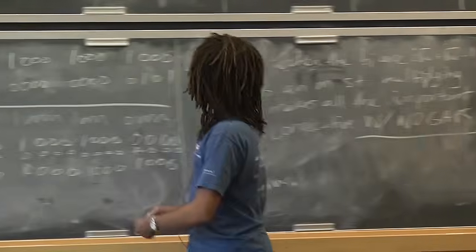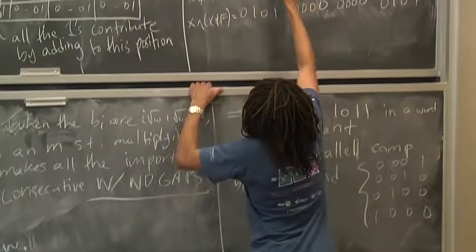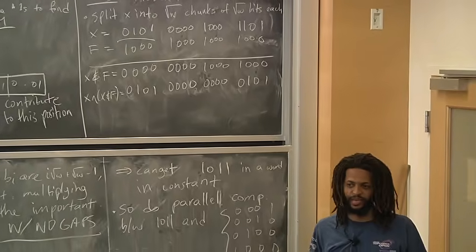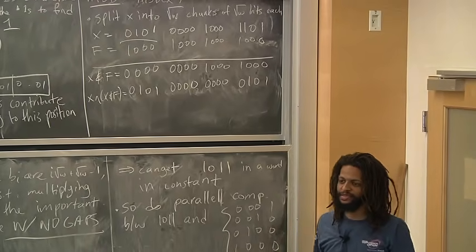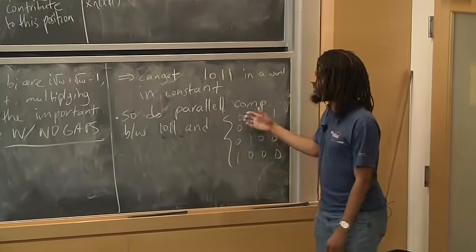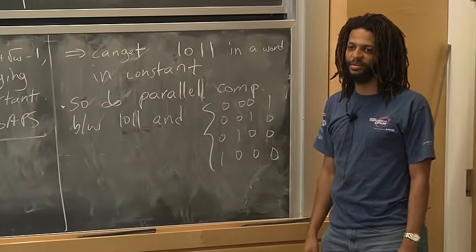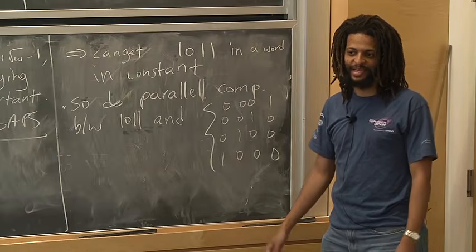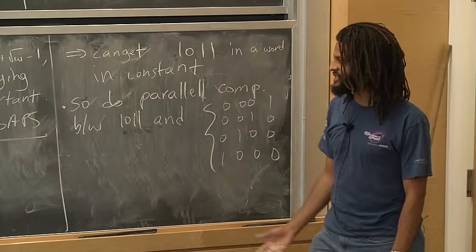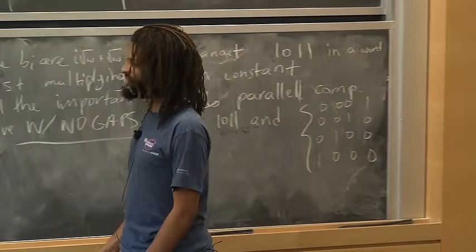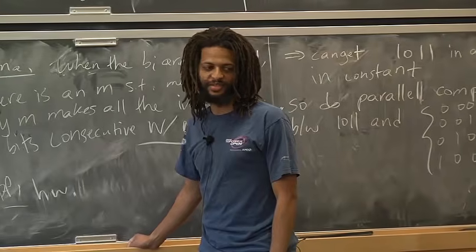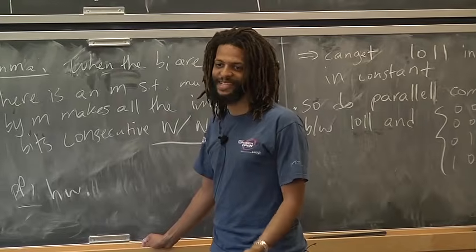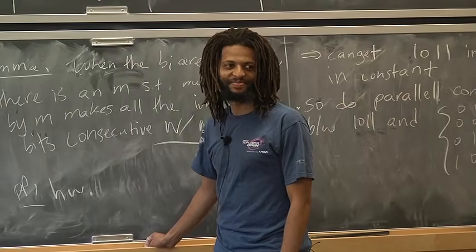So the first cluster happened to be this one. Now what do? Again, that fits in root W bits, right? You can just shift that down. And again, you do a parallel comparison with these root W things. Okay. And then I know my most significant bit. So that's all the details, except I didn't prove the lemma, which I guess you'll prove yourselves. So I think that's the end of fusion trees. Yeah, so, yeah. All right.